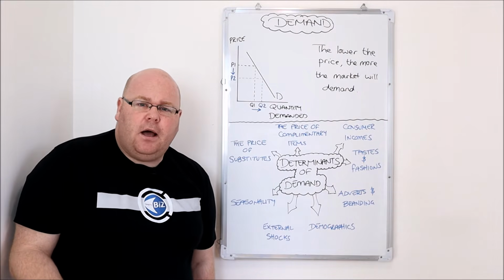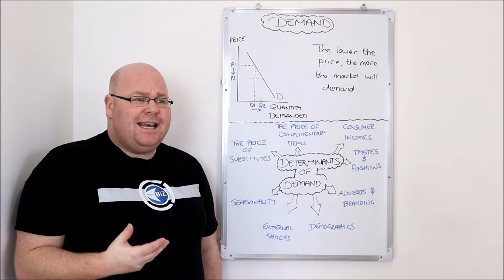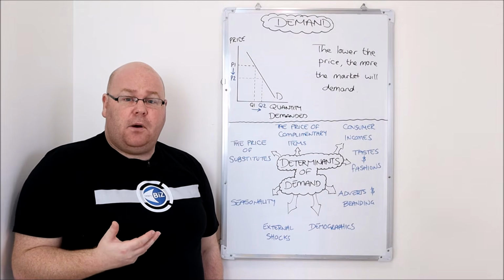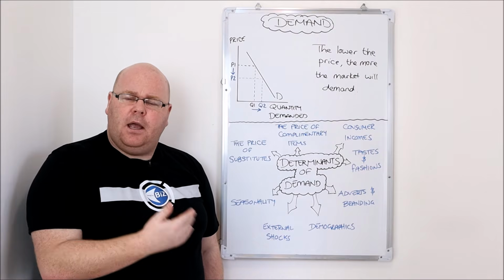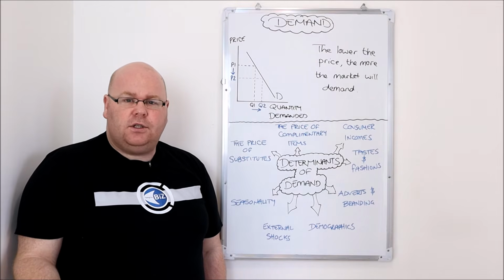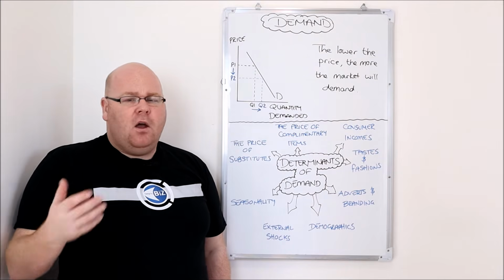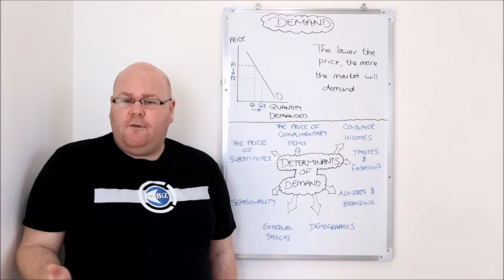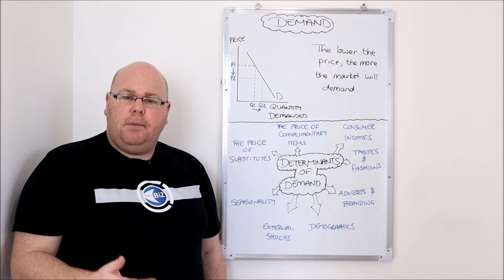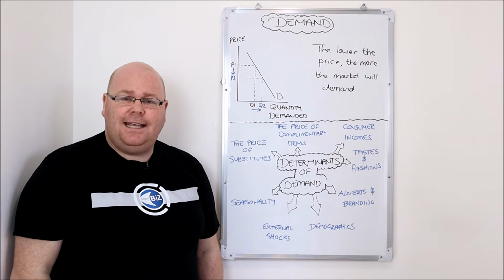Another determinant of demand is the price not of substitute goods but of complementary goods, goods that naturally could be purchased alongside ours. And if the price of those complementary goods becomes more expensive, the demand for our good might reduce even though our prices remain constant, because now it's become more expensive for consumers to buy these goods together. For example, a complementary good of breakfast cereal might be milk, and if the price of milk rises, people might buy less breakfast cereal because they're items that are commonly purchased together.